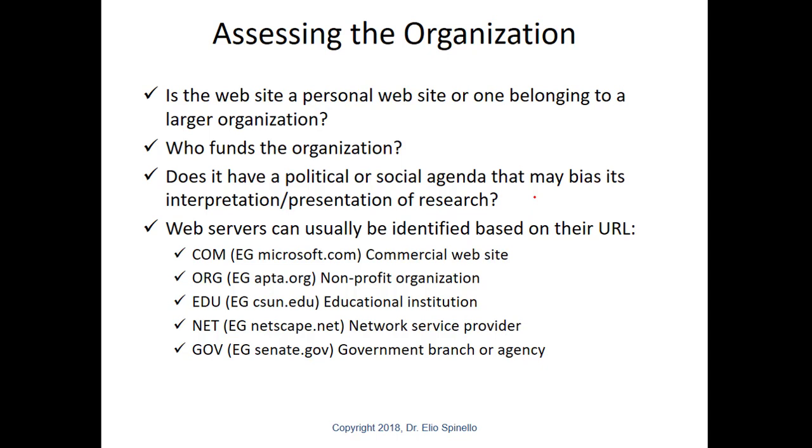So, basic question, is this a person's personal website, or is it part of a larger organization? Now, if I see health information on some individual's own website and I don't know anything about them, that doesn't tell me a lot, and that's okay. But if I see that it's hosted at the UCLA School of Public Health or the USC School of Medicine, well, okay, again, it doesn't necessarily mean it's right, but I do know that those organizations have acceptable use policies, and they're not going to allow stuff to be placed on their web server unless it meets certain criteria